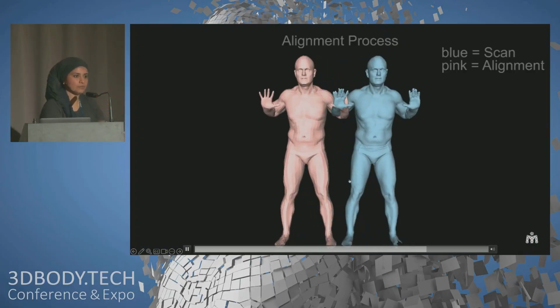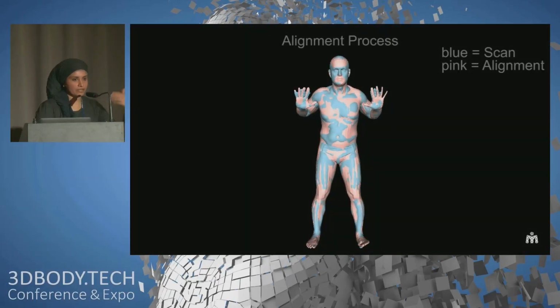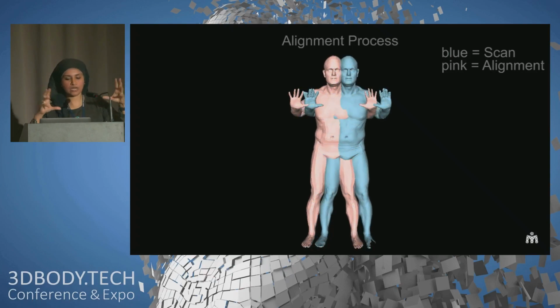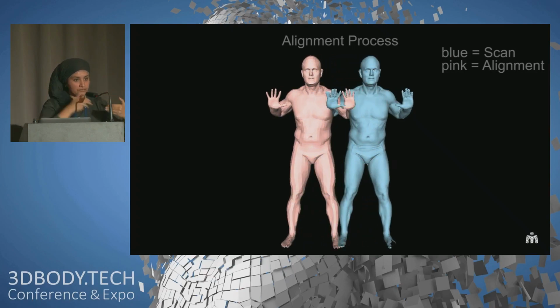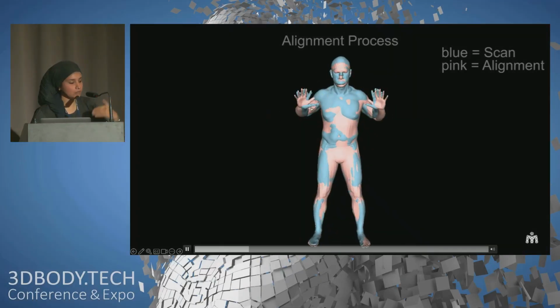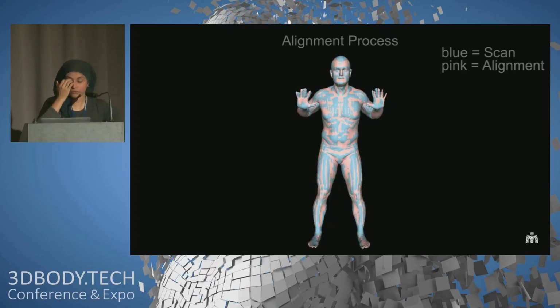The input is simply some new data. It can be a 3D scan, be motion capture or an image, and the equation that you're using here is it's just a process to update these 300 numbers of the model so that the pink body is able to match up to the blue one, and that is just minimizing the distance between these two objects in 3D.